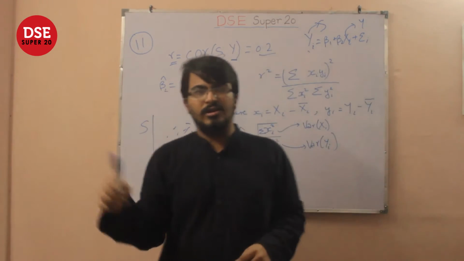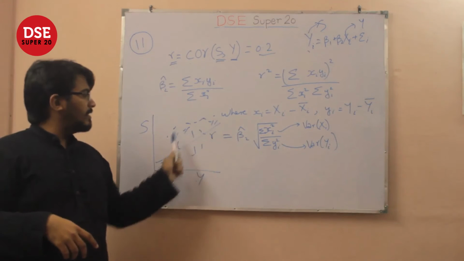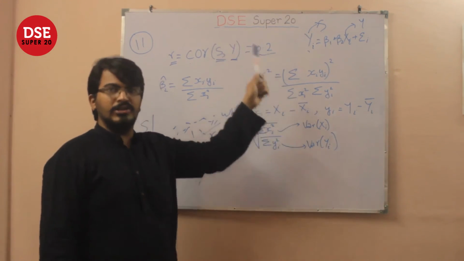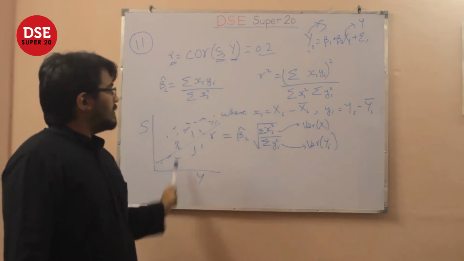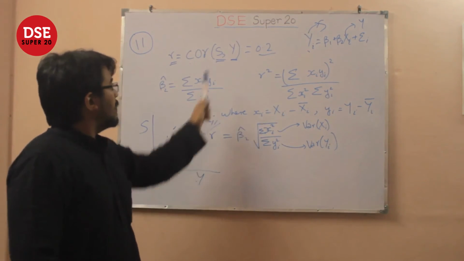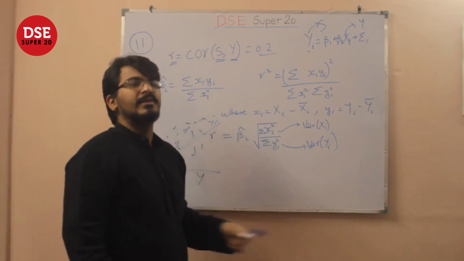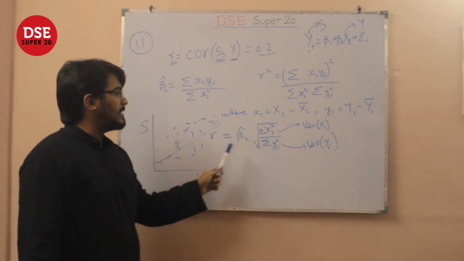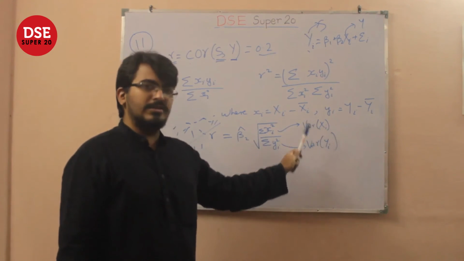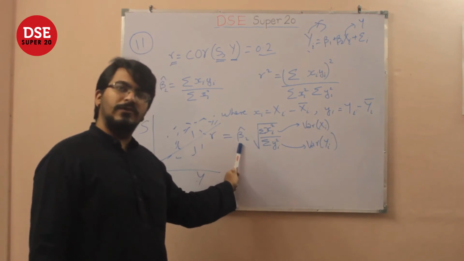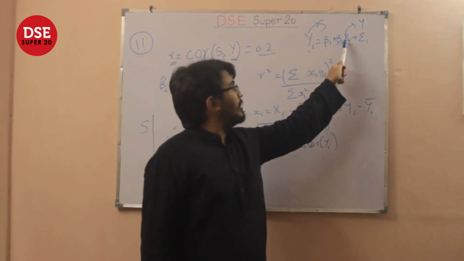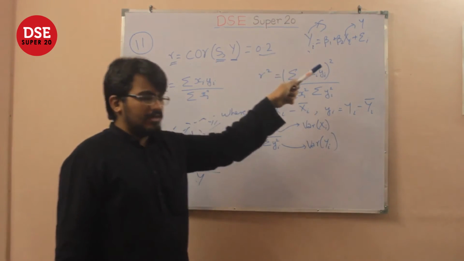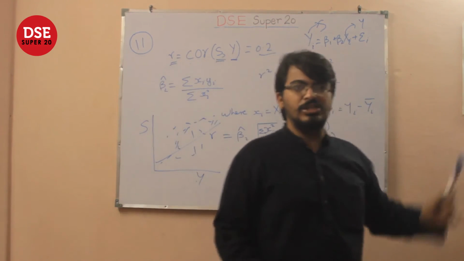The closer it is to 0, the less linear the relationship between these points. And if the correlation coefficient is actually 1, then that means they perfectly follow a straight line. Now, a correlation coefficient of 0.2 simply means that they are more or less on a straight line. However, what you can say is that without knowing the variances of x and y, you have absolutely no way of knowing what beta is, and therefore absolutely no way of knowing how much savings would change if income were changed by 1